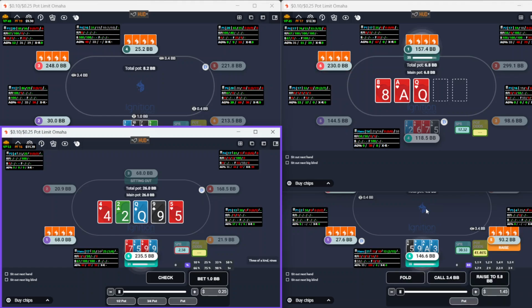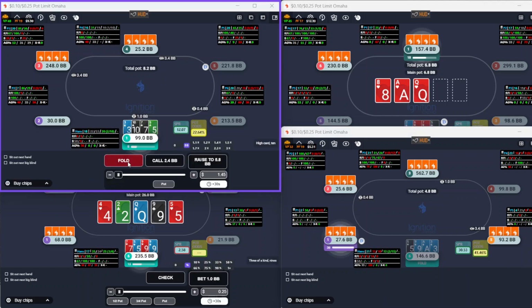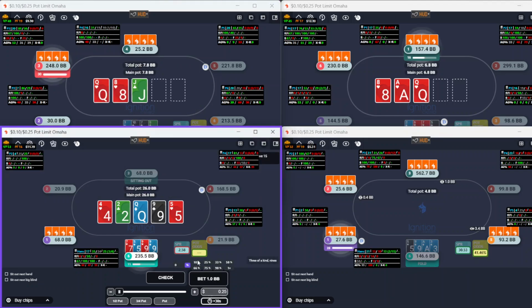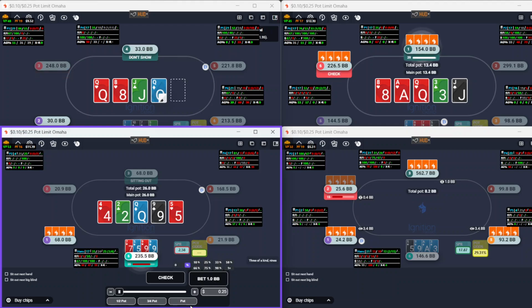So, think about what kind of hands he's going to call with on the turn. He raised under the gun. He could have ace 3. 3-6 is not really much in his range, so it would be something like ace 3, ace 3-3. I think that he's raising with queens at some point, and